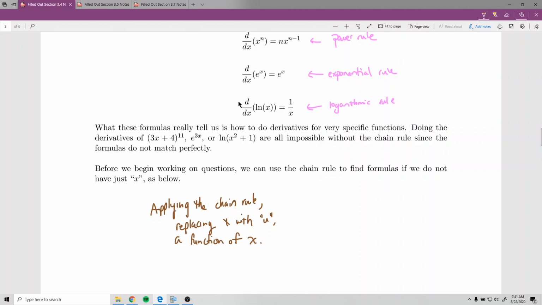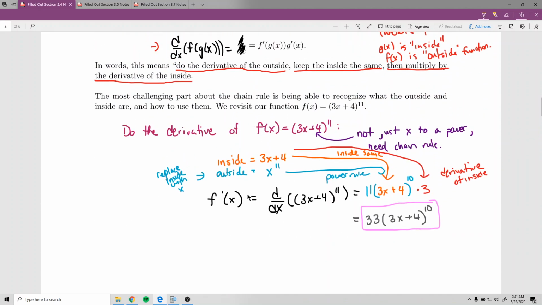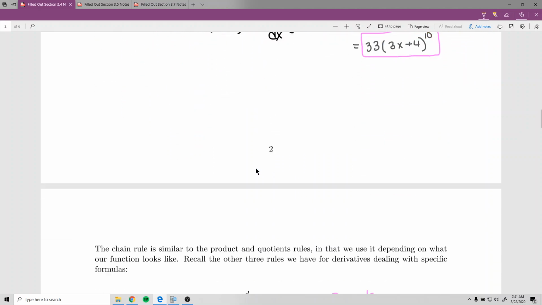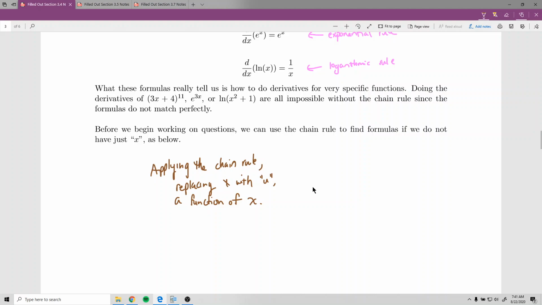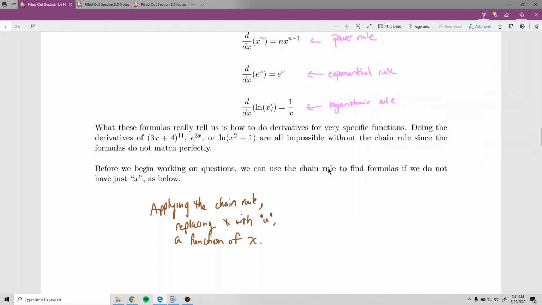So just to refer to what I'm going to be using u as, in this previous example, u was just the inside. It would have been the 3x plus 4. Okay, but the chain rule, the general power rule, or the power rule using the chain rule,